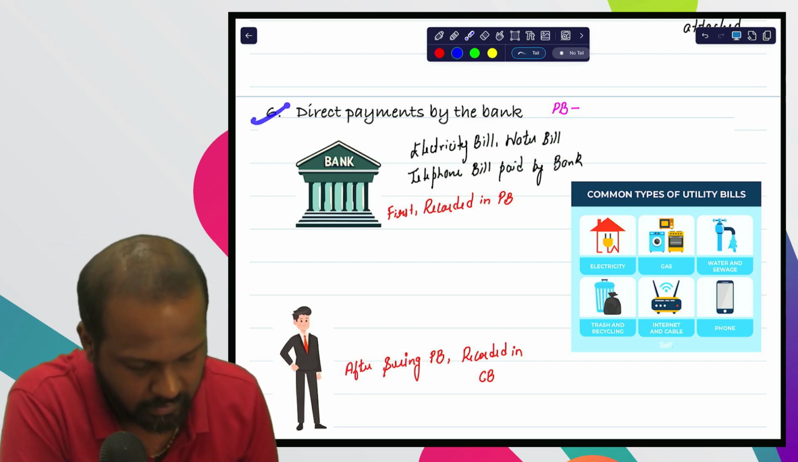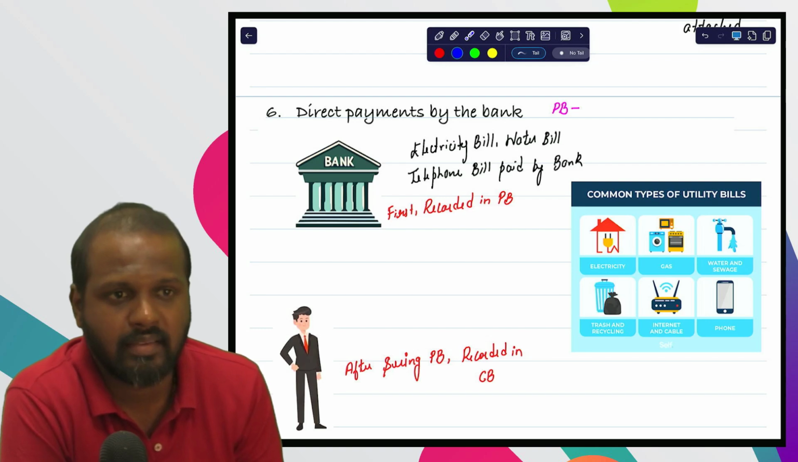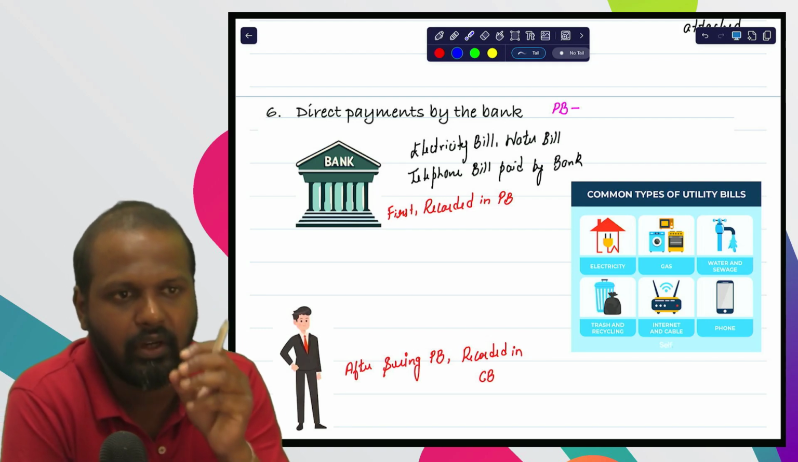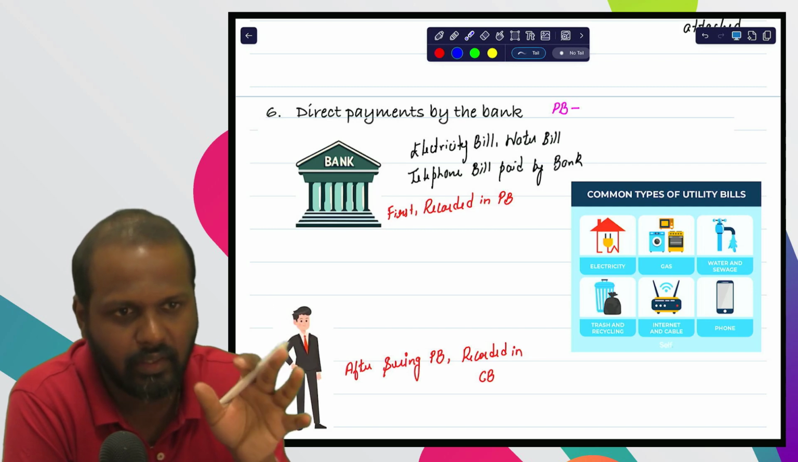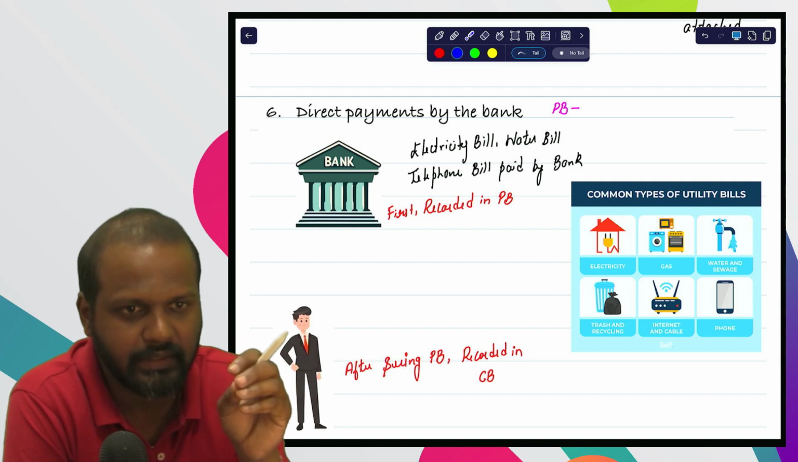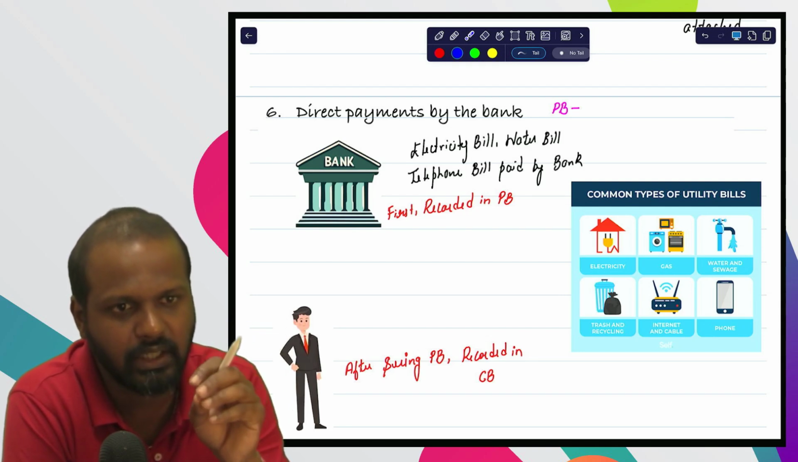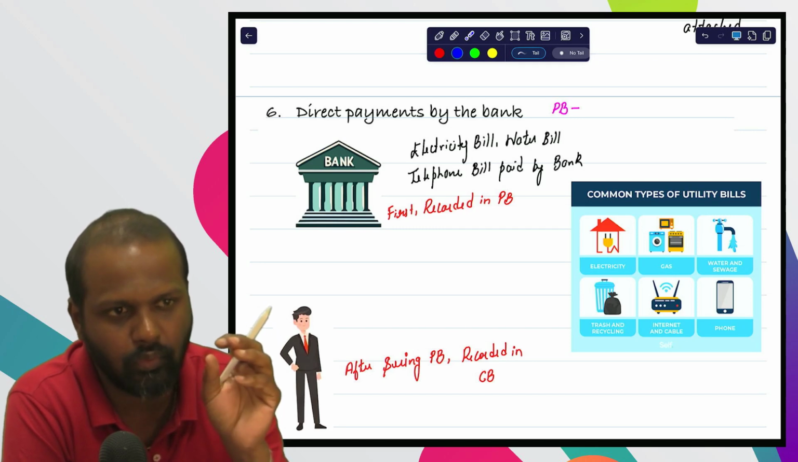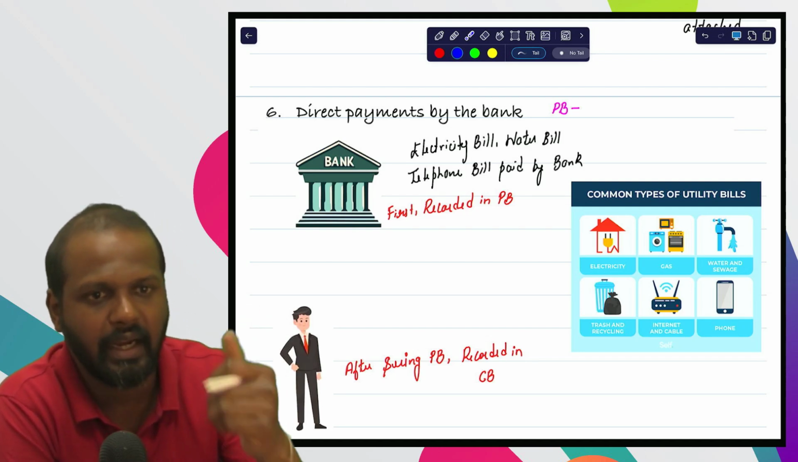Okay, now understand the next one. Direct payments by the bank. Sometimes what will happen? I will give a standing instruction to the bank, saying that, sir, whenever any electricity bill becomes due, telephone bill becomes due, internet charges bill becomes due, or water bill becomes due, I will give instruction to the bank that, sir,